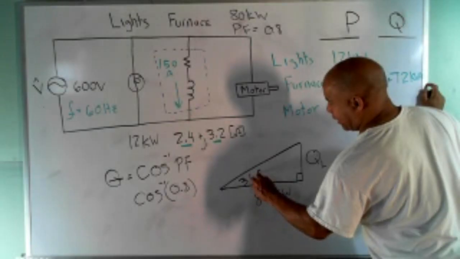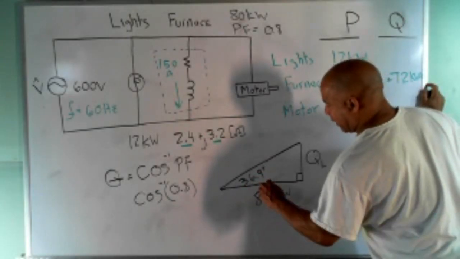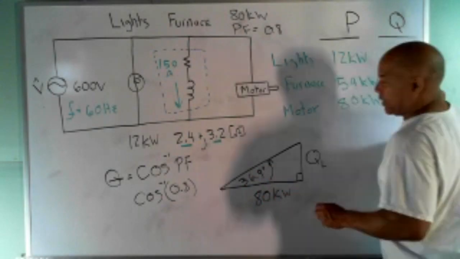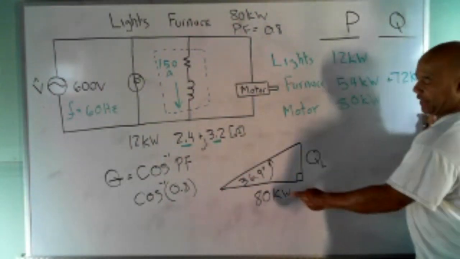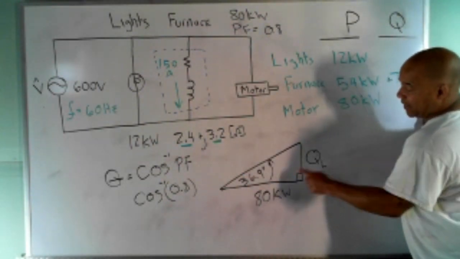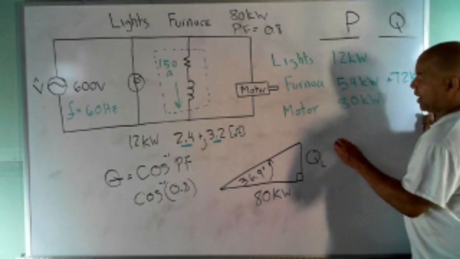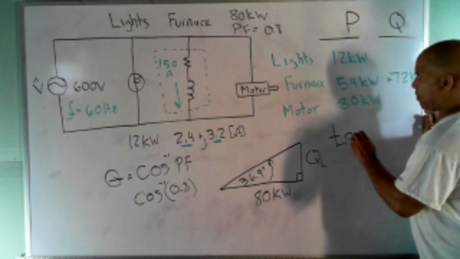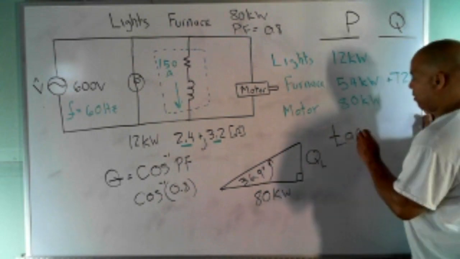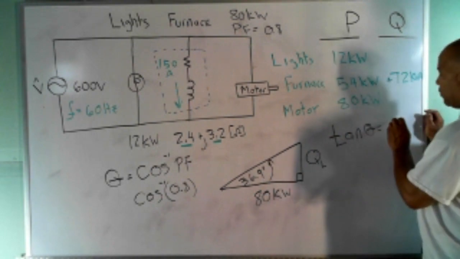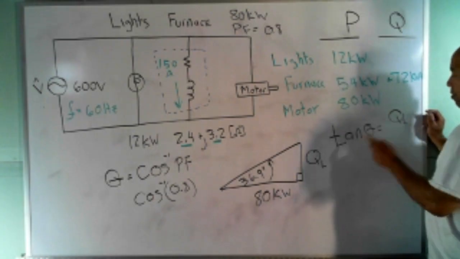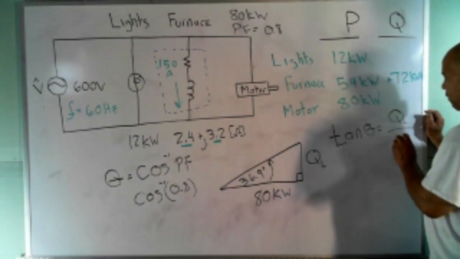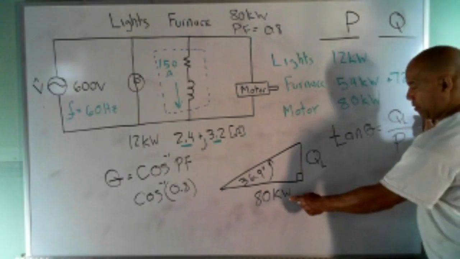Got a 36.9. 36.9 degrees. So then what you can do, we know that this is the adjacent side, that's the opposite side. Well, that's the tangent, right? So the tangent of that angle is equal to QL, the opposite side, over P, the adjacent side, and they gave us those